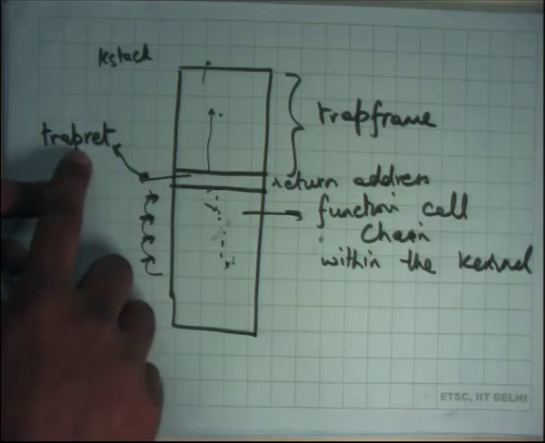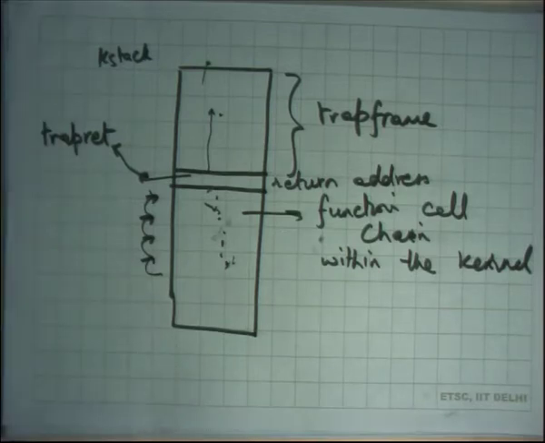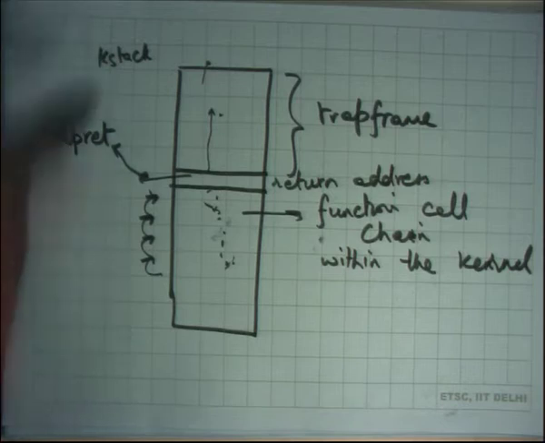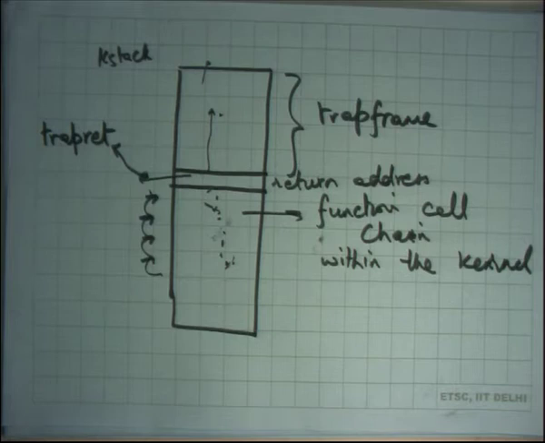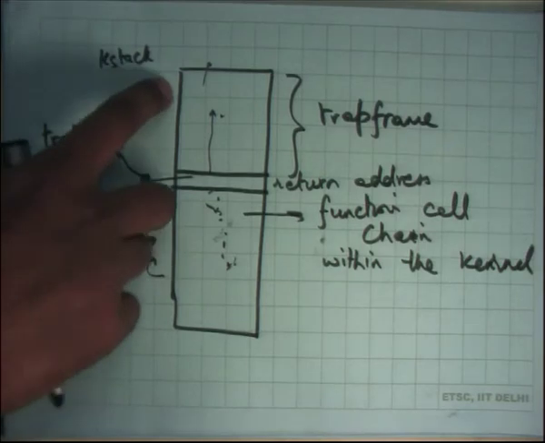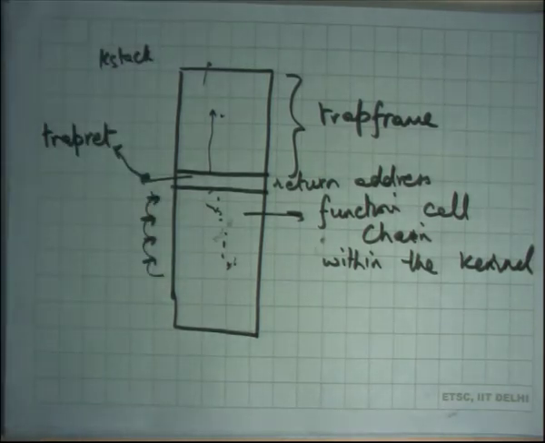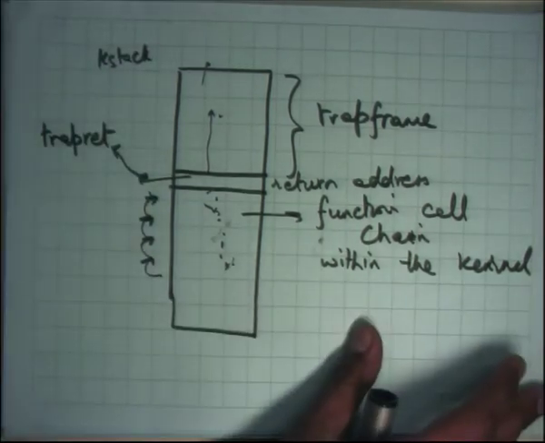So if your stack contains a reference to trapret, then when you return from the function chain, you are going to next execute trapret, and trapret is going to do all this for you, and then you are going to jump back, right. So in other words, the kstack, the kernel stack of a process, contains enough information to say where should you start executing and what all should you execute next and with what values, and eventually it should typically just go back to the user after it has finished execution. All right. Okay.